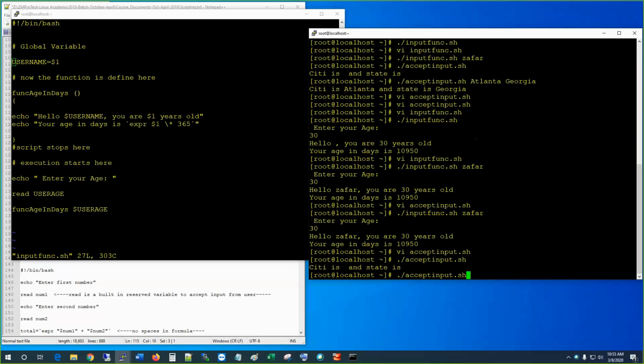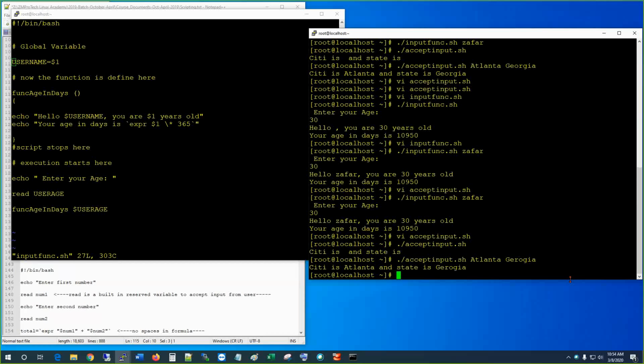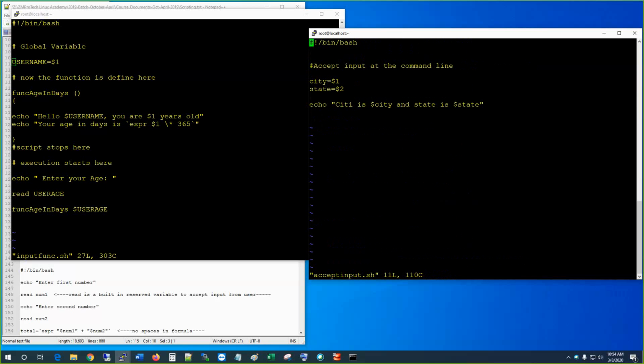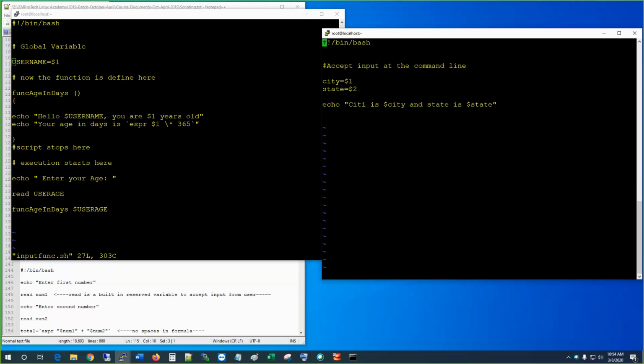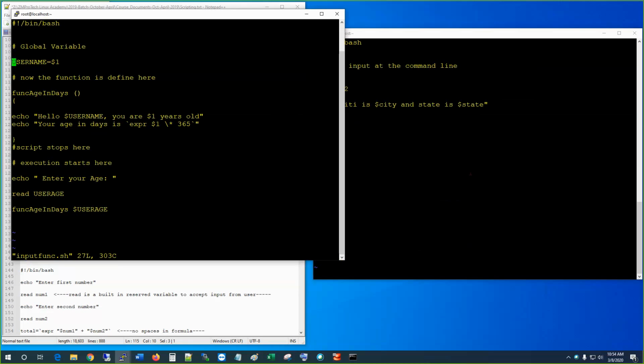But if I give the city Atlanta and Georgia, it's accepting two parameters at the command line. If you have something like this, it is expected at the command line. When you have a $1 and $2 or whatever, it is expected at the command line. Okay, so in this script here,